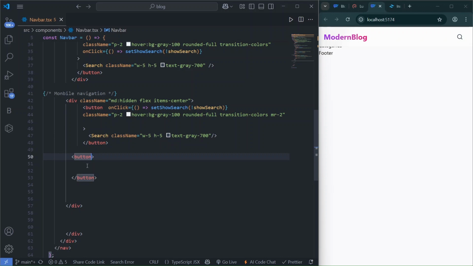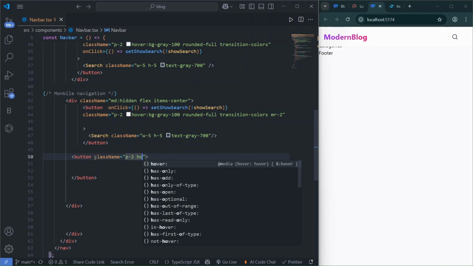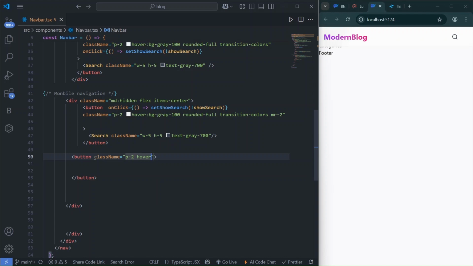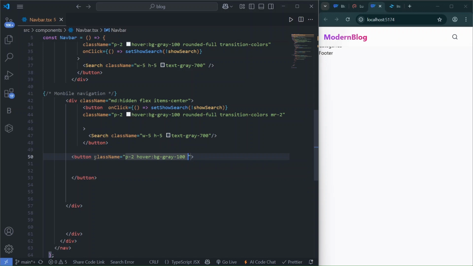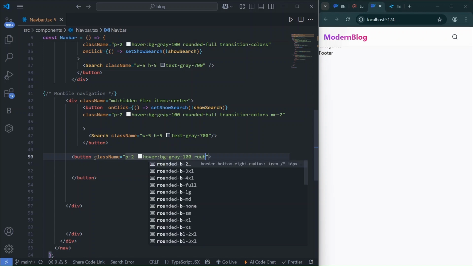In this button we can create the class name and style the button. First of all we'll write padding 2, then hover bg-gray-100, and we can make it rounded-full,